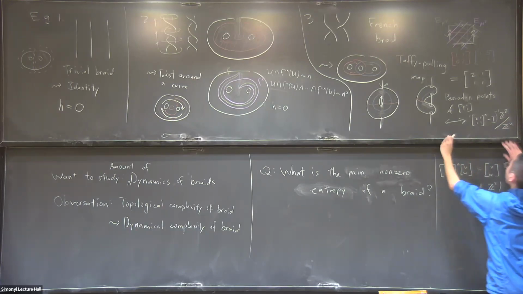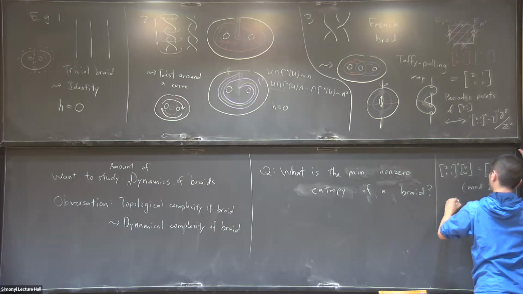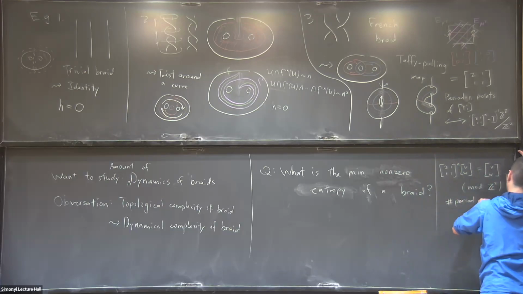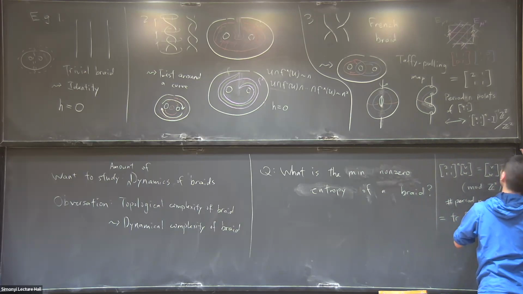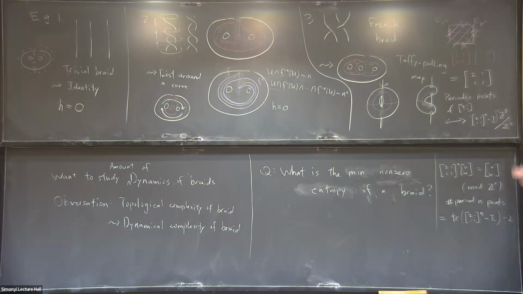The upshot is that the number of period n points is going to be equal to the trace, and this grows exponentially, like mu to the n, where mu is the growth ratio. So you have log mu squared as your entropy. That's right. So the entropy here